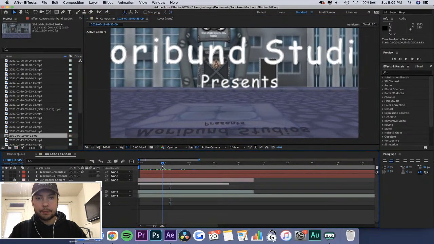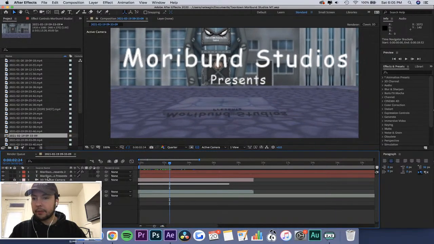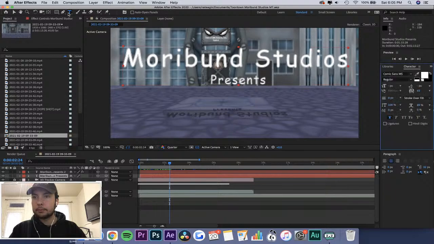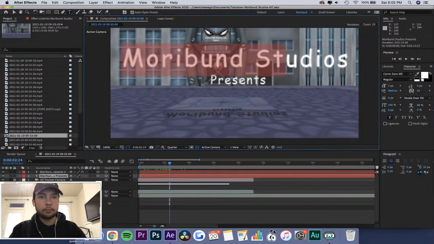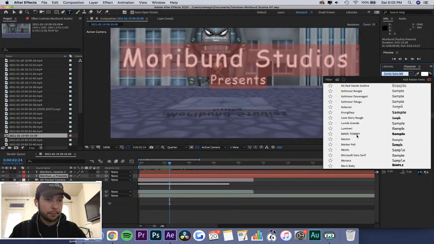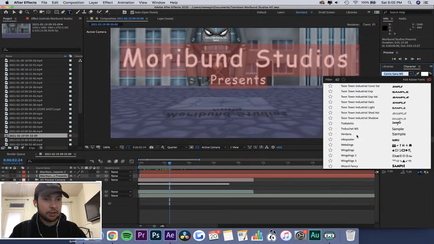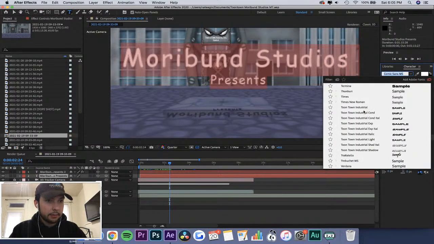All right, so first thing we gotta do that I didn't like from yesterday is fix this font. So I went and downloaded another font. Let's see here. Okay, it's literally called a Toontown font. I don't think it's the actual Toontown font, hopefully not. If it is, I'll have to change that. I think it's just called Toontown because it kind of looks like it.